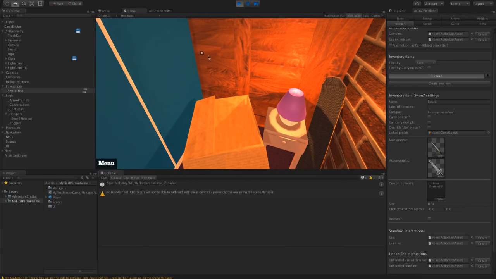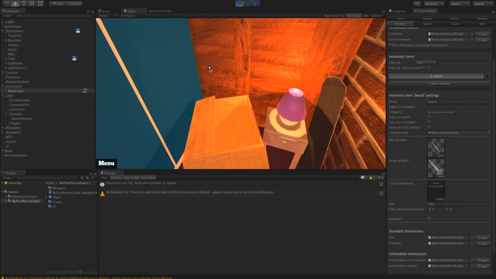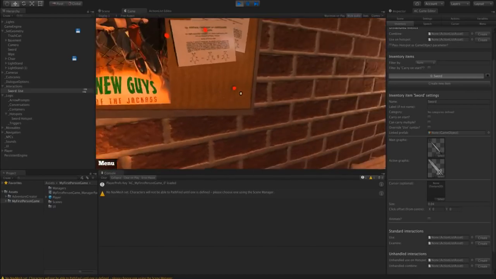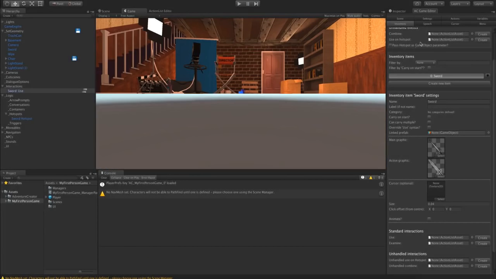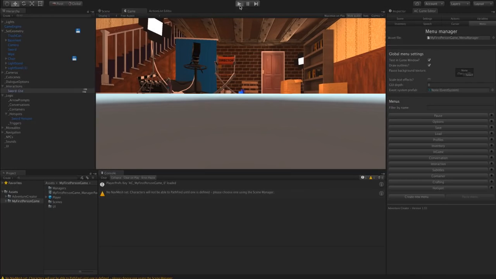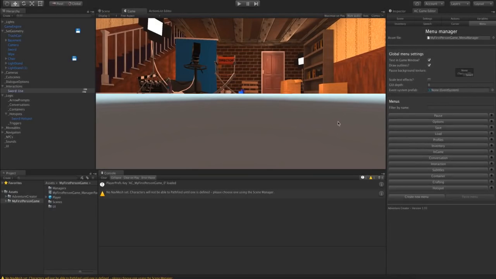So we're going to change it so that instead of going to the top here, we can open the inventory by pressing the tab key. And when that happens, we'll have the inventory appear in the center of the screen, and we come out of free look mode automatically, and we can then use the cursor to select our inventory. First, I'm going to disable this menu down here because it's just getting in the way for me. It's really just a demonstration of how you can open up the main menu other than pressing the escape key.